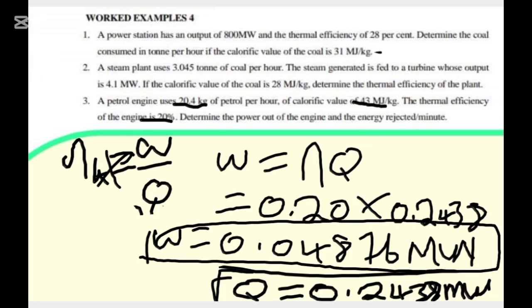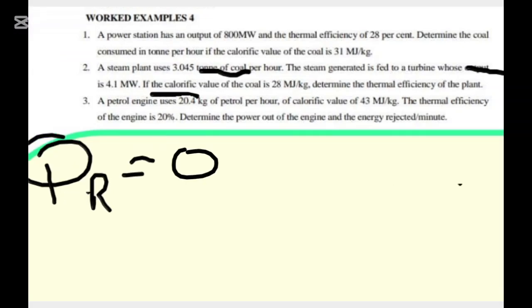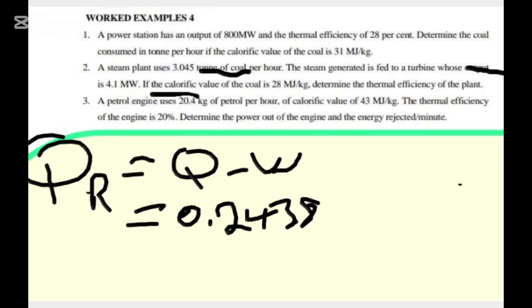So this is part a, and it says, after determining the power output of the engine, also find the energy rejected per minute. Let's say the energy rejected, R, is the same thing as Q minus W. As you can see, this should now be equal to the value of Q, which is 0.2438, minus